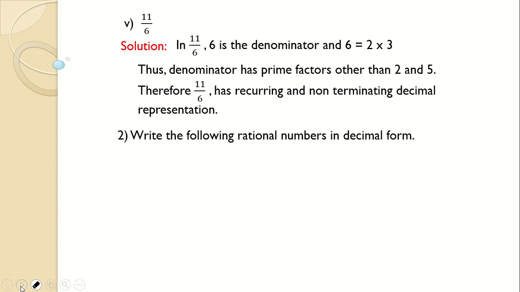Okay, now the second question that we come to: write the following rational numbers in decimal form. See here, this question is given in p by q form, that is in the fractional form, 127 upon 200. You have to convert it into decimal form. So just divide, or there are other methods also of getting it into decimal form. That is actually finding the answer, divide and finding the answer.